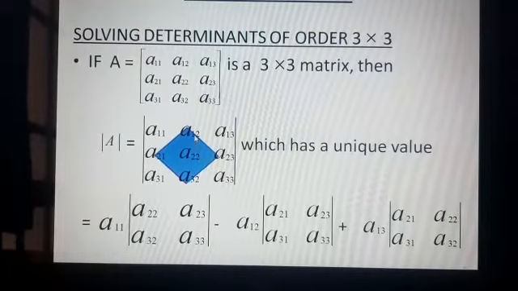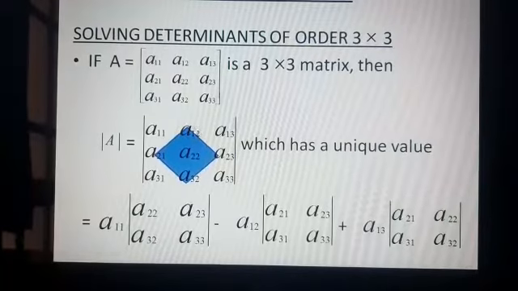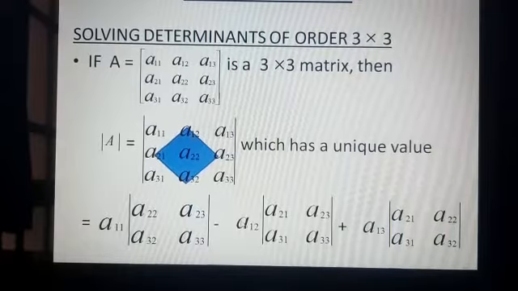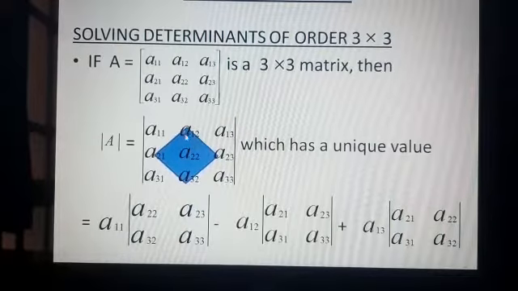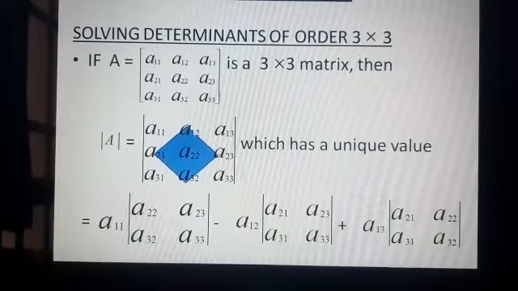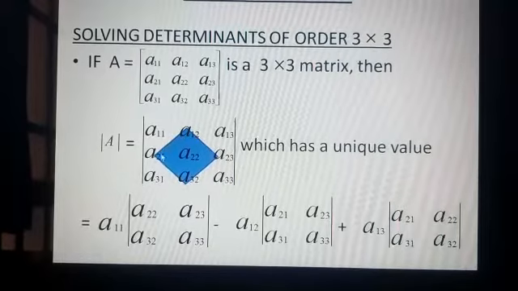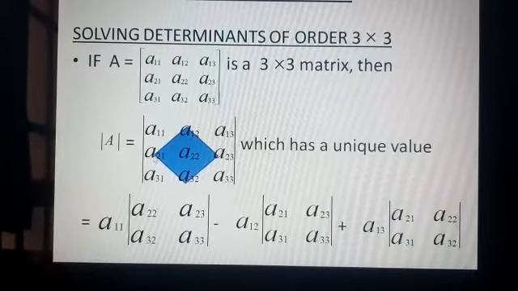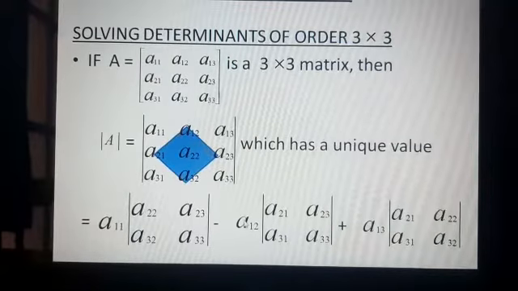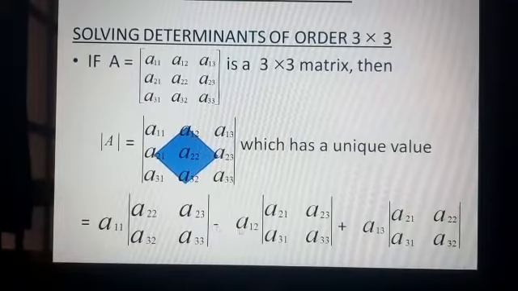Then we'll move to the second element A12. Because I'm solving along the first row, we have to take all the elements of the first row. For A12, you have to remember that you have to change the sign. I have made a diagonal diamond shape here; at the corners of it we have to change the sign. If you are taking any particular row or column, you have to change the sign at these positions: A12, A21, A32, A23. So for A12 I have to change the sign here. If it is positive, it will become negative. I have taken it as positive, so it has become minus A12.